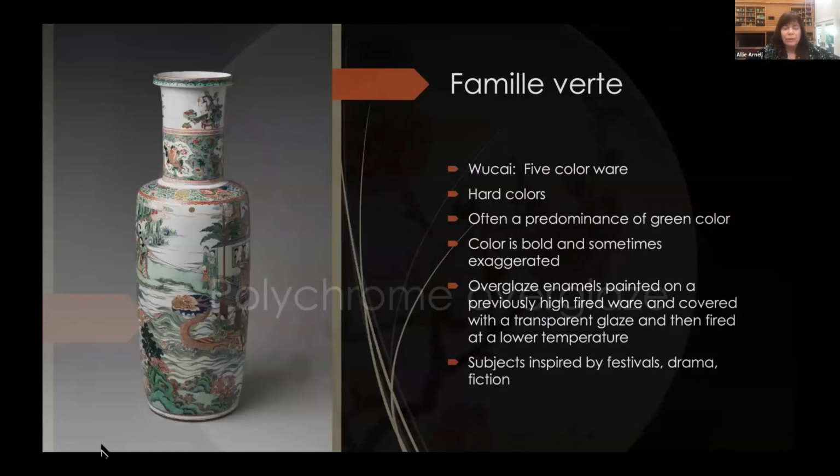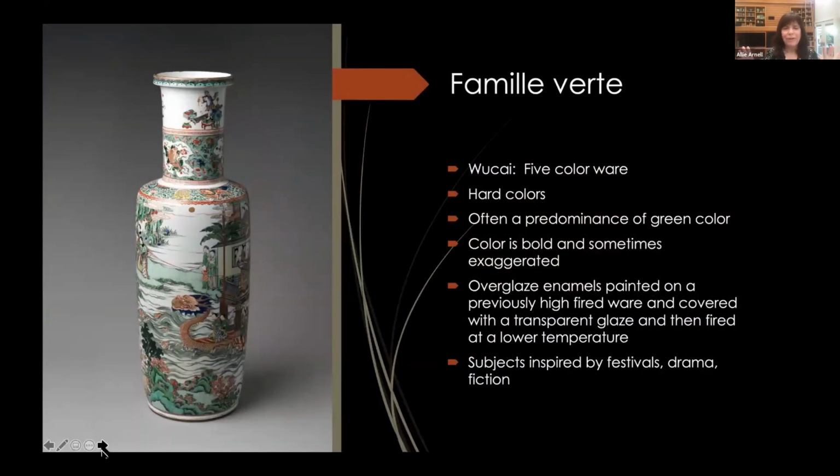There were a vast number of polychrome overglaze decorations that occurred in the Qing Dynasty. And we're not going to be looking at all of them today. That would take quite some time. I'd be happy to do that, but I know you have the rest of your day you wanted to get to. So we are going to just look at a couple of moments in this polychrome decoration. And we're first going to look at what the West describes as Famille Verte, which is a green family, and